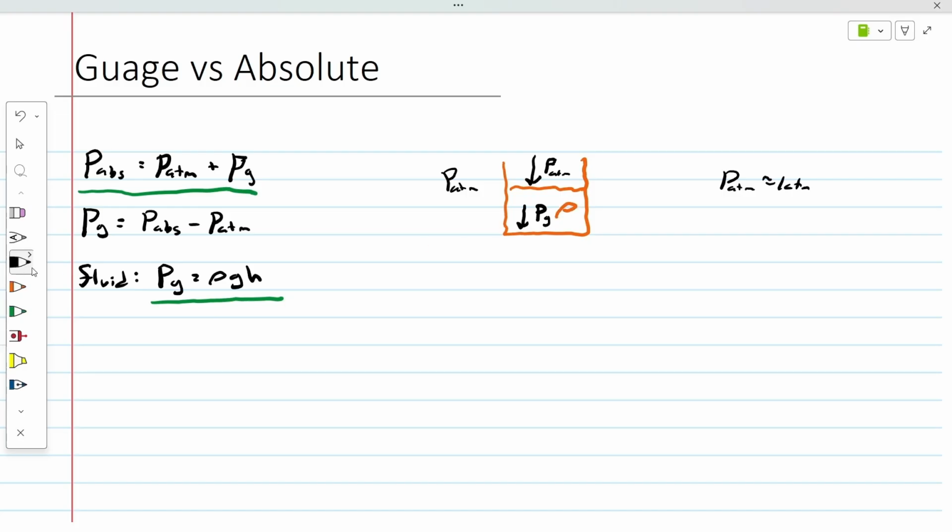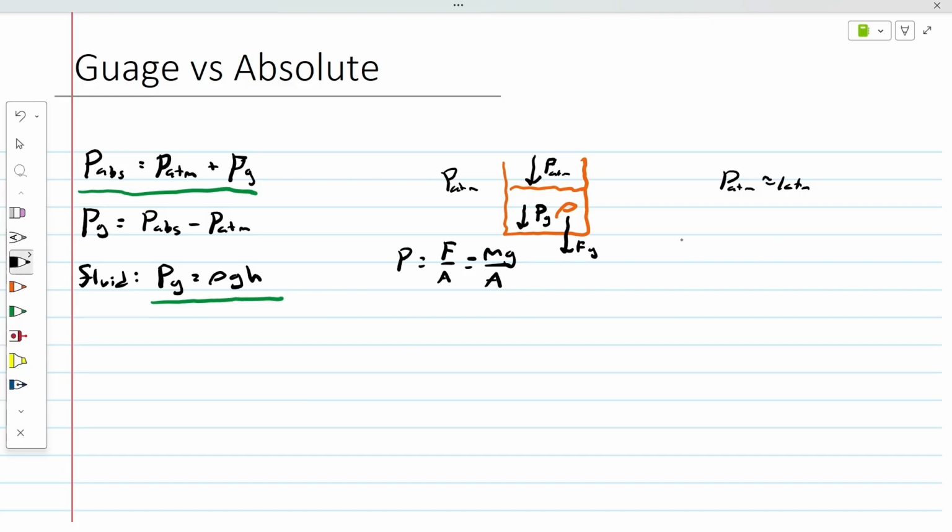We know that pressure equals the force over the area. So in this case, the force is this Fg due to the liquid. So it's still going to be the mass times gravity over the area. But we need to get the mass of this liquid. Well, let's say it's a cylinder, for example,